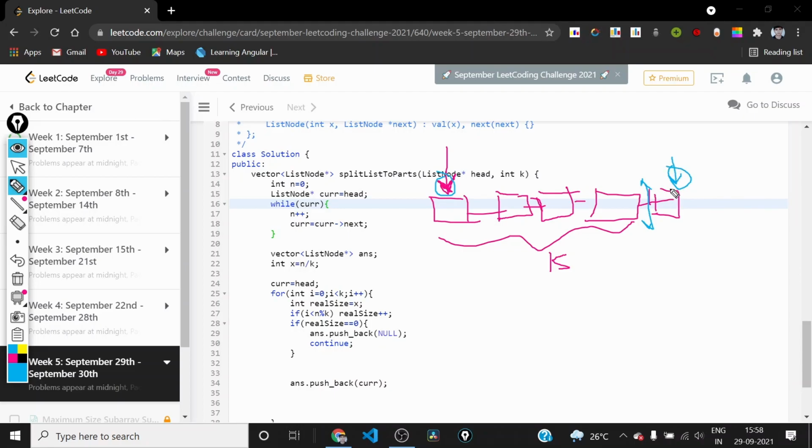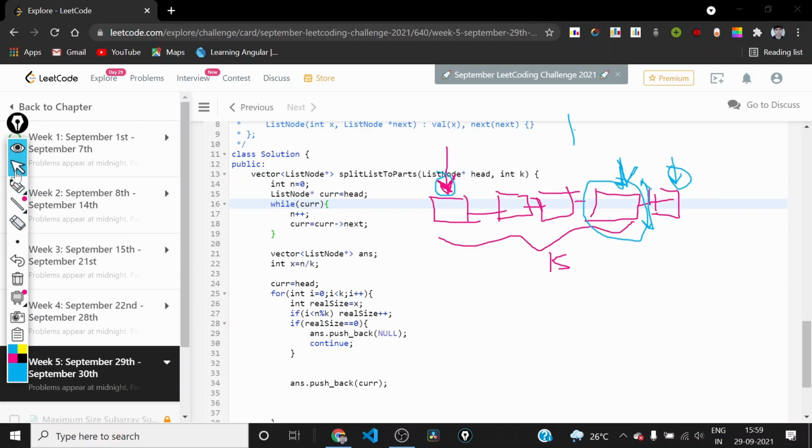We don't want to reach here, we want to reach here. So we will do k minus 1 iterations to reach here, and then we will store this node in some other variable. I will call it temp, and then I will do current equals current dot next. So current will move to here, and I already have this node in temp. So I will do temp dot next equals null. So this will split this part from the rest, and we can do the similar thing for the next part in the next iteration.